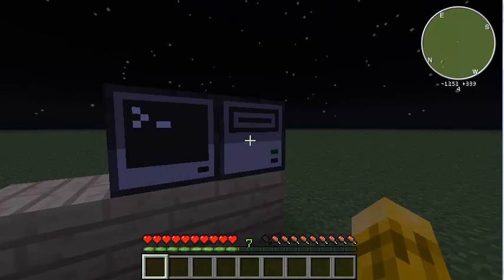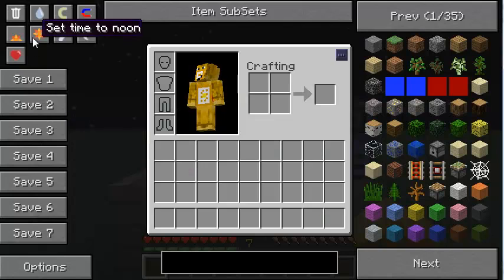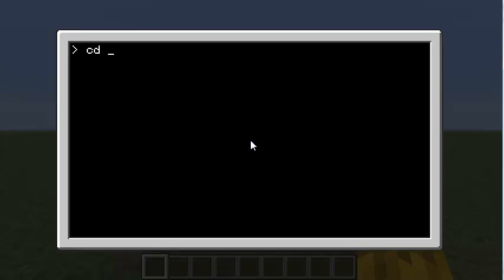I closed Minecraft down, deleted the string utils API out of the APIs folder, and started Minecraft up again. The first thing we'll notice is, let's say I have a disk drive next to here, right? And let's say we have an API called custom, and we want to put that custom API into the APIs folder. Well, normally I would just edit my startup program and say fs.copy